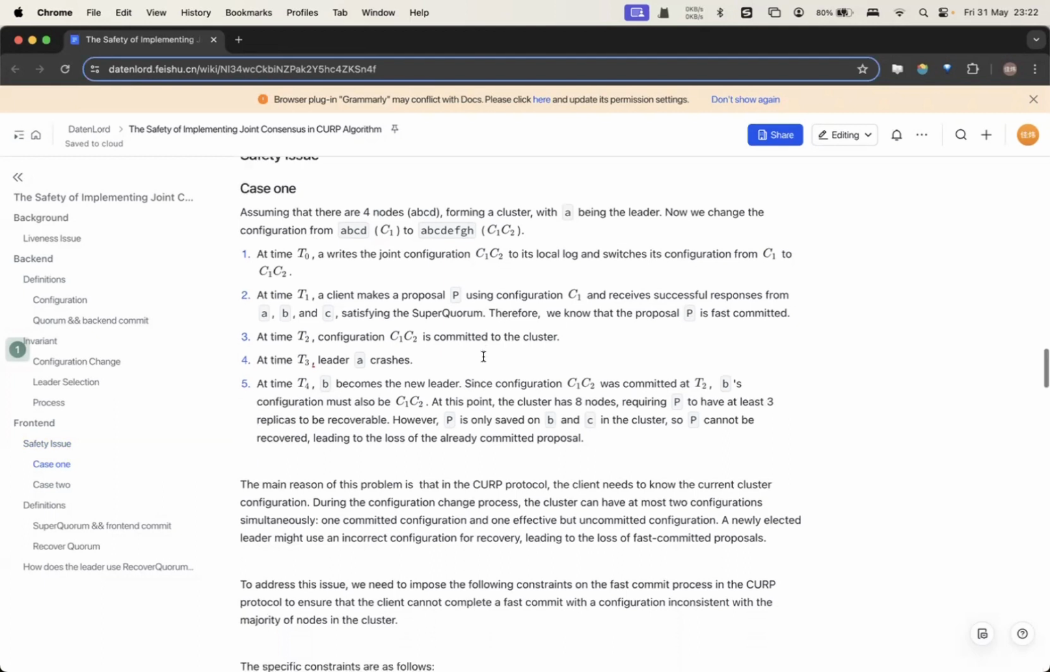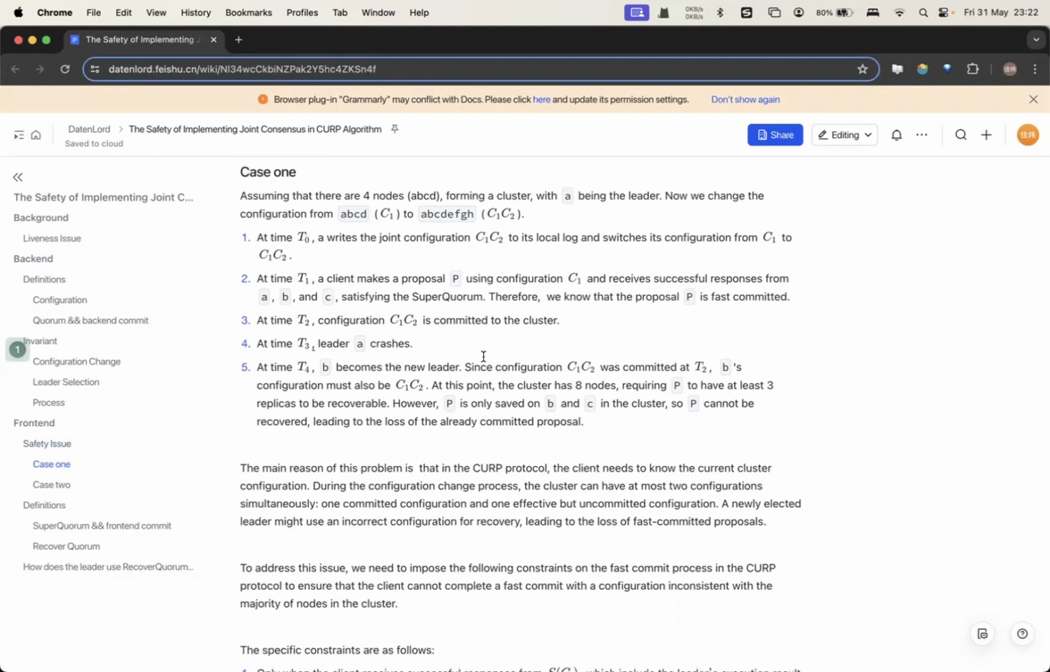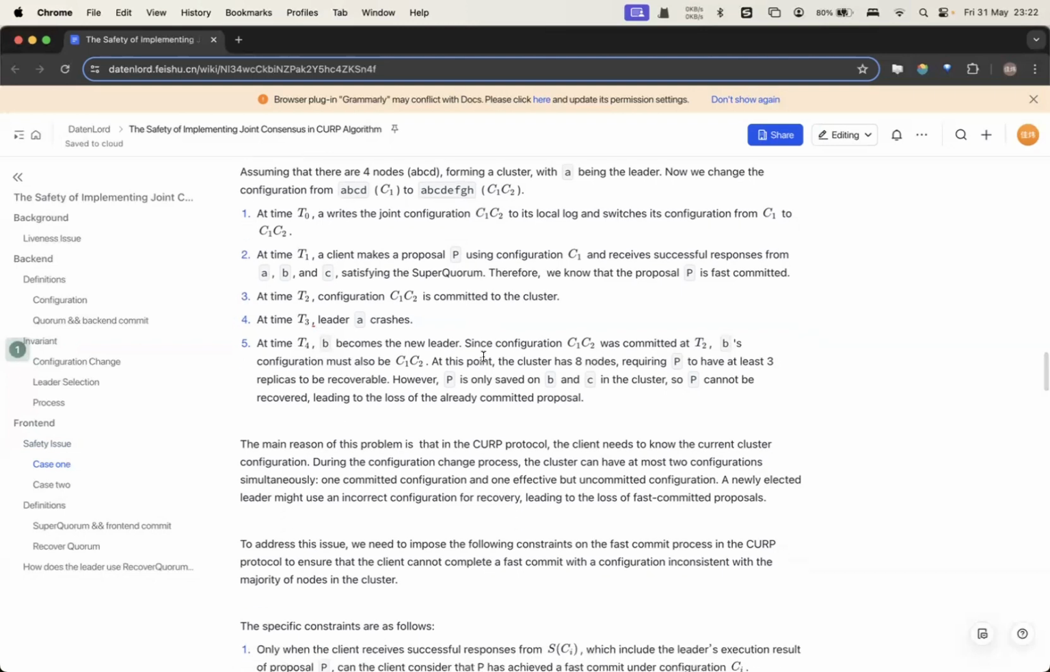So the main reason for this problem is that in the CURP protocol, the clients need to know the current cluster configuration. During the configuration change process, the cluster can have at most 2 configurations simultaneously: 1 committed configuration and 1 effective but uncommitted configuration. A newly elected leader might use an incorrect configuration for recovery, which leads to the loss of the